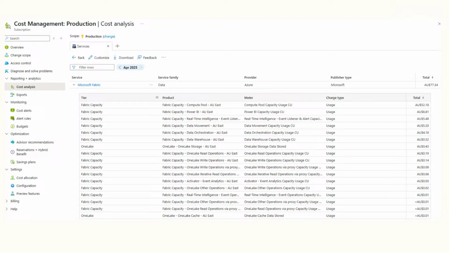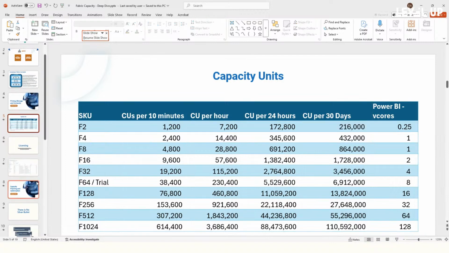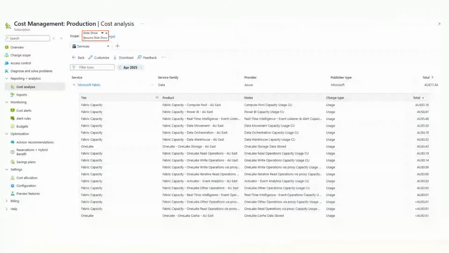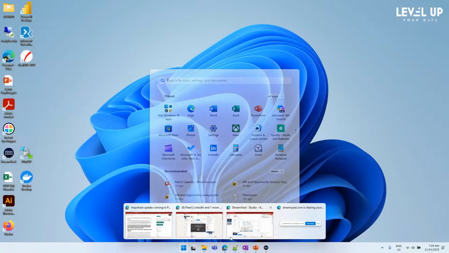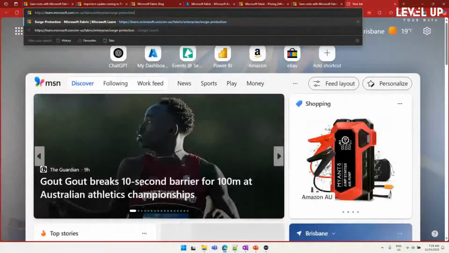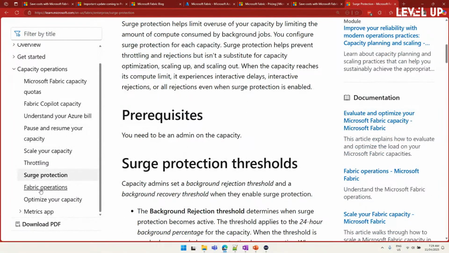There is more to it. So let me go and find something else. So let's move this to my left to make it easy for me. The next section, and all this information is available essentially in the Microsoft Learn documentation. So when you look at the Fabric operations,